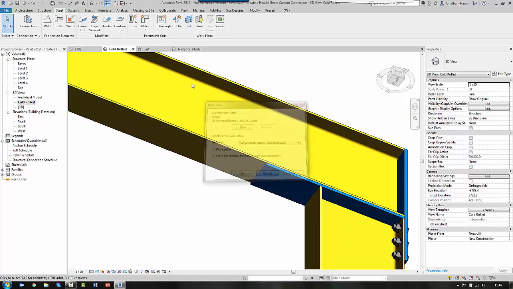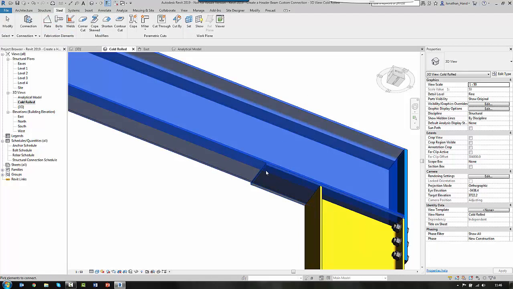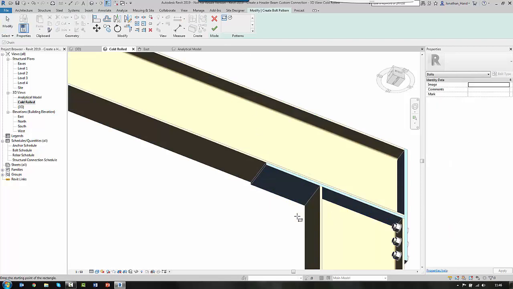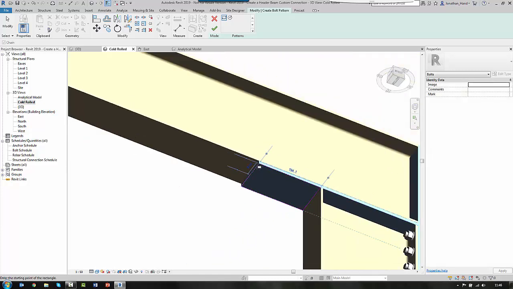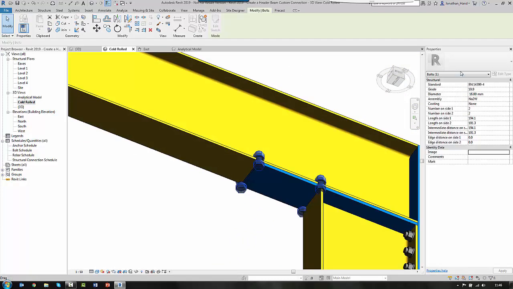set, I'm actually going to go to bolt, pick the parts to connect, which are the 2 plates on the beam, enter, then select the face, then I draw the rectangle from that point to, and just make sure I find the face of the plate at the end point, confirm that position, and then it's the same case of